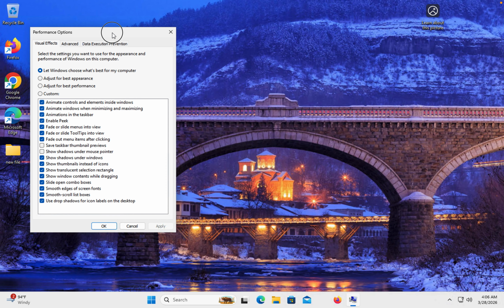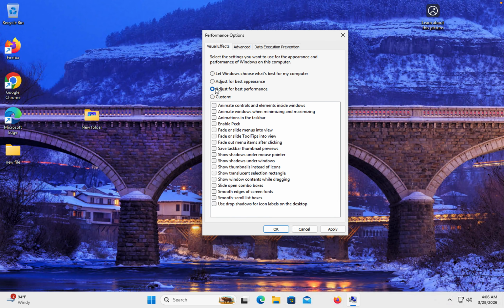Click on that. You will have this window. Best performance adjustment. You need only a few animations that are required for your Windows 11. The rest of the things are only eating your resources, RAM and processor, and that is the reason you are getting slow speed. So you just need these: animate windows when minimizing and maximizing, enable peek,